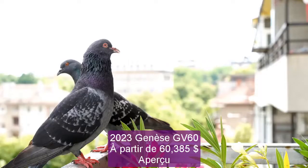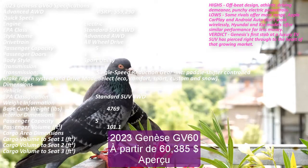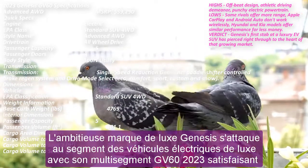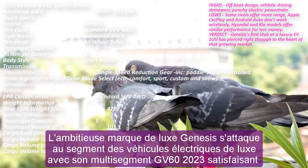2023 Genesis GV60, starting at $60,385. Overview. The ambitious Genesis luxury brand is tackling the luxury EV segment with its satisfying and whimsical 2023 GV60